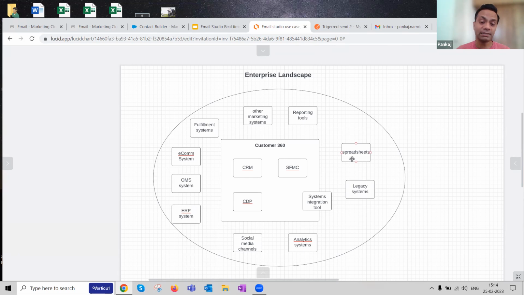Then we have got marketing systems. There would be not just Marketing Cloud; there could be other marketing tools being used by other teams. So various other systems are there. Apart from these, there are integration systems like MuleSoft, or other systems which are used to integrate all these systems. Then within Customer 360, there could be CDPs of the world, loyalties, CRM I spoke about, SFMC I spoke about, Datorama, Tableau, multiple different systems. And let me tell you, in any big enterprise landscape, it is very common to have this many systems.